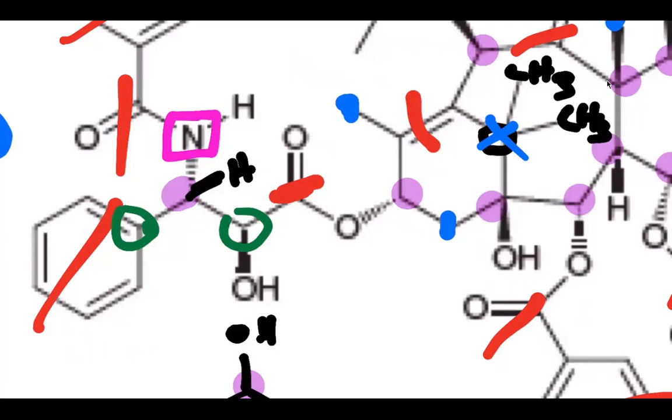Are we okay with that so far? Yes. All right, so that is one of your chiral centers. Now let's go to the next one, and then we're going to come back and do the configuration if we have time. If not, we'll do it Friday. Let's go to the next